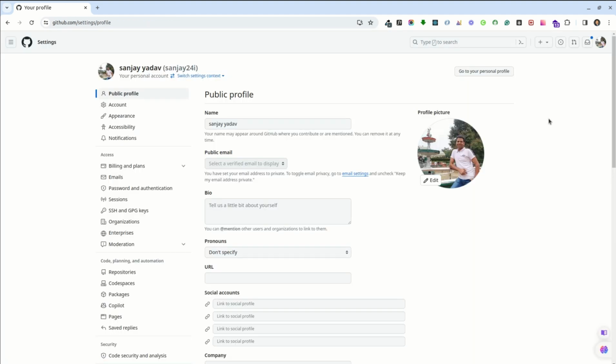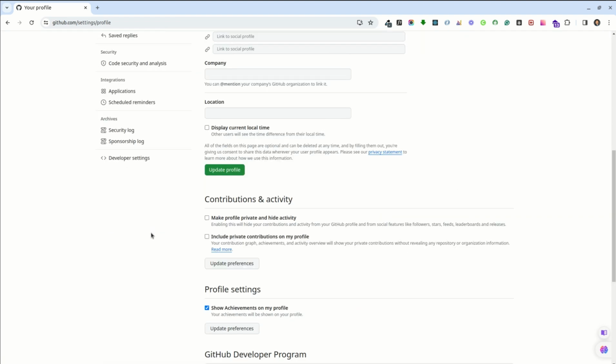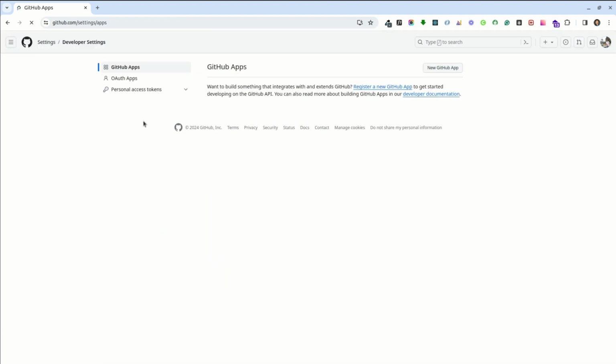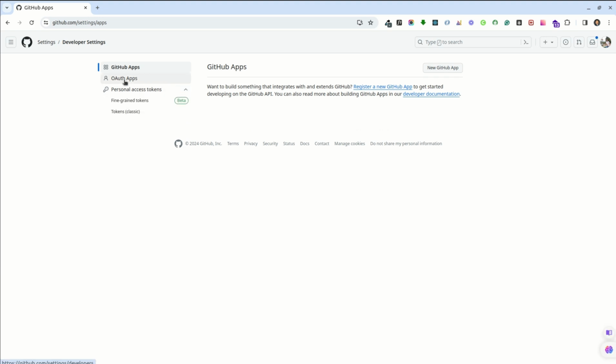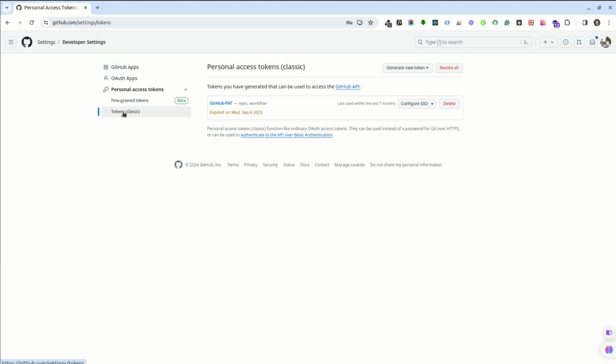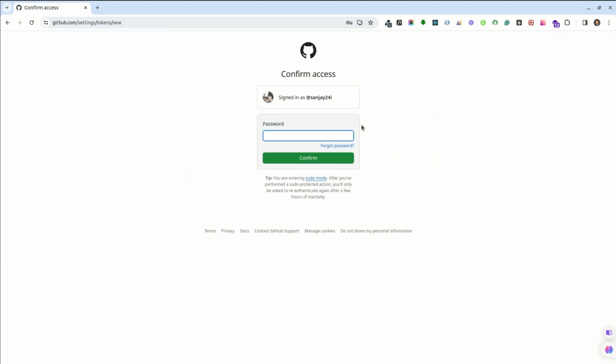In the settings below, you can come to developer settings, click here, and here you can see personal access token. We have OAuth and this we will see later. Token classic, and as I told you, I already created one token here, SSO type. If you want, you can simply click on generate new token. Okay, generate new token classic, and whenever you click here, it will require your password, and then just confirm it,